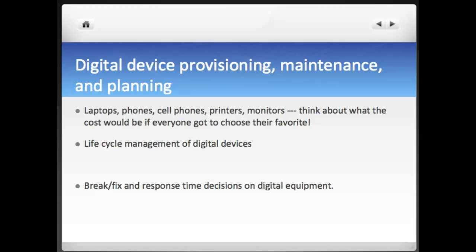They need to understand what's important. If you're in a manufacturing plant and you have a single product plant and you're the only one in the world that makes that product, then those production computers are going to be the first things that get fixed. Immediate response time. You call and say the computer that's operating our manufacturing line for product A, which is medically necessary or a huge moneymaker for the company, then they're going to come and fix that right away. If I call and say my laptop is not working, I have 24 to 48 hour break-fix time on that. So they set those break-fix times, make those decisions based on the criticality of the devices and the equipment to the company.